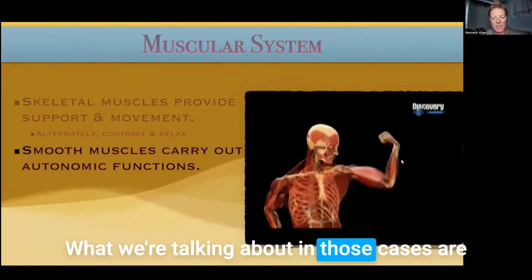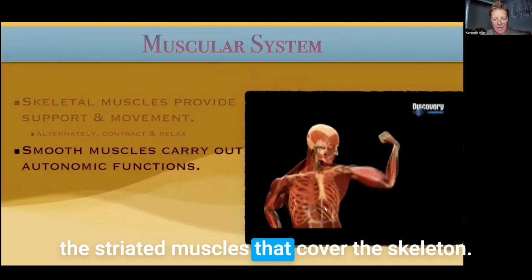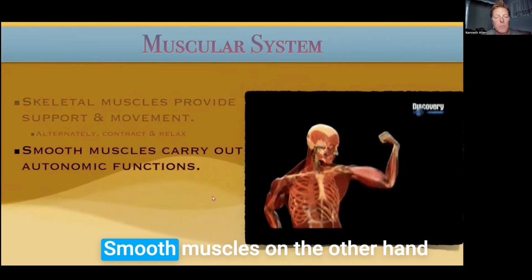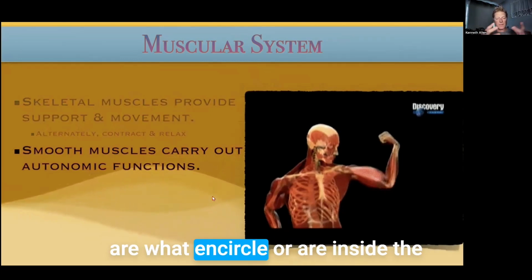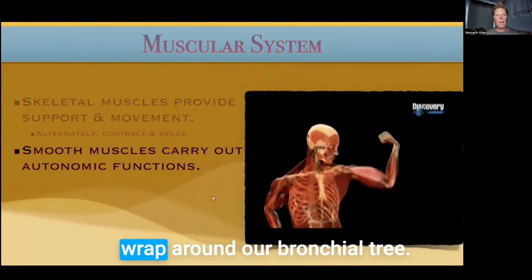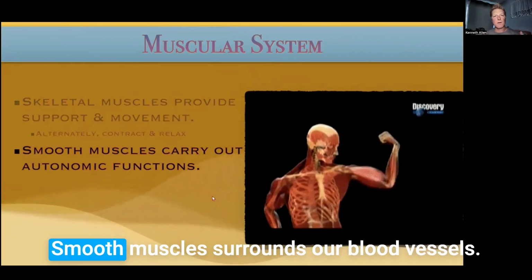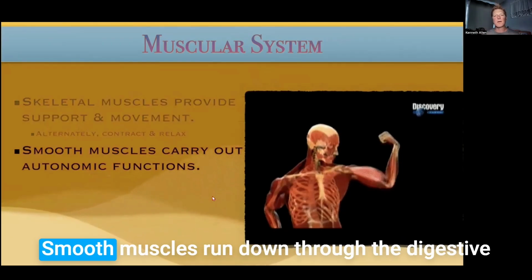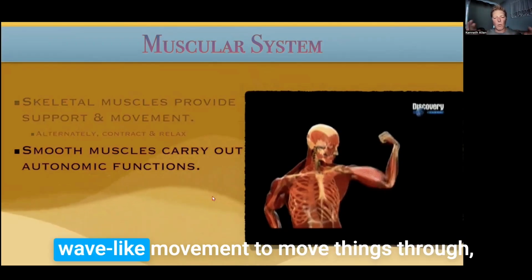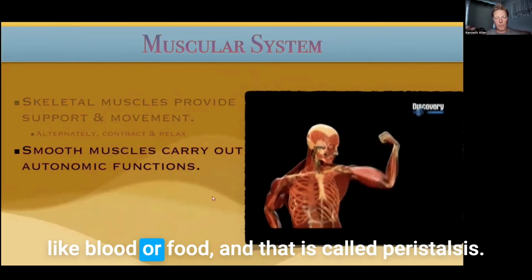What we're talking about in those cases are the striated muscles that cover the skeleton. We also call them the skeletal muscles. Smooth muscles, on the other hand, are what encircle or are inside the involuntary organs of our body. We have smooth muscle that wraps around our bronchial tree. Smooth muscle surrounds our blood vessels. Smooth muscles run down through the digestive tract. And so they will respond by creating wave-like movement to move things through, like blood or food,